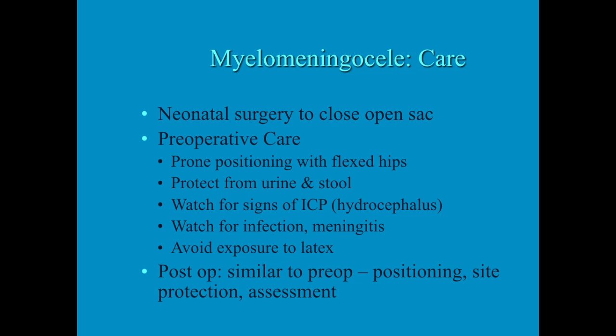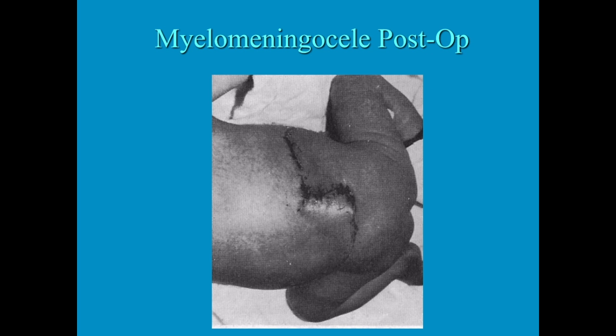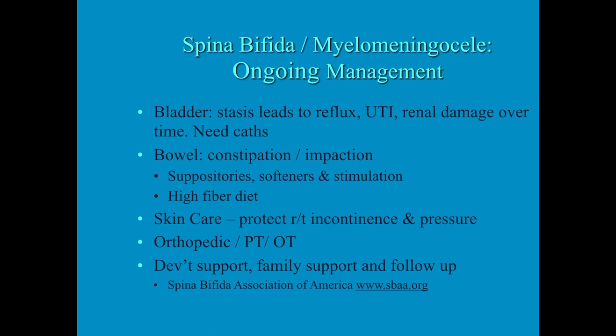Post-operatively, we're going to position them very similar to what we did pre-op. And the next slide is going to show you what the post-op incisions are going to look like, and will protect the site from bowel and bladder contents. And so here it looks pretty good, doesn't it? Then our ongoing management is we need to put them on some type of a bowel and a bladder program